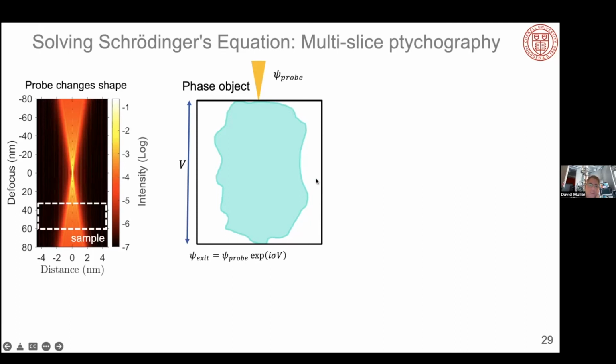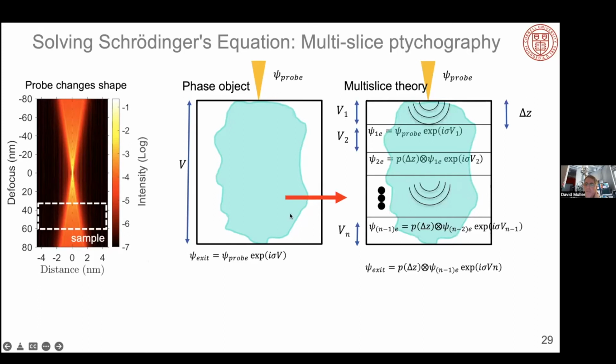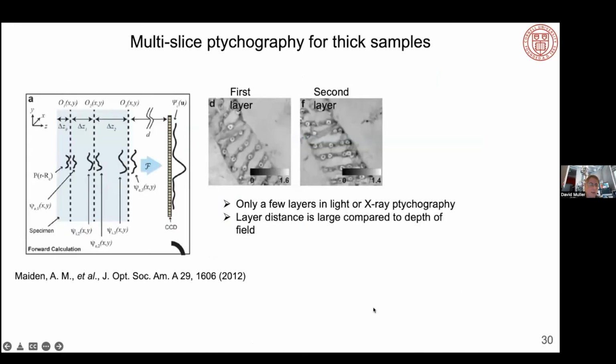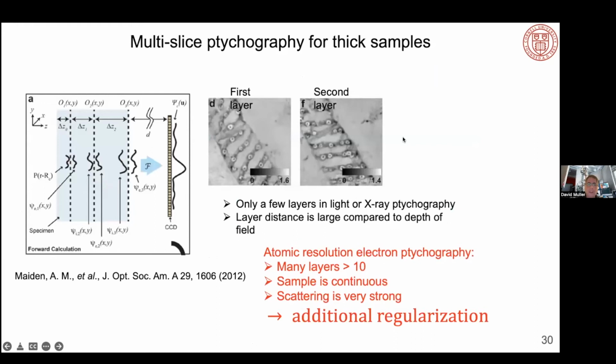And so the multi-slice algorithm is to divide the sample up into a bunch of slices of potentials, treat each slice in the strong phase approximation, propagate it, scatter. This is a very standard technique. This is Cowley and Moodie from 1957. It's been well used in the electron microscope community. The first of these algorithms proposed for multi-slice ptychography was by Andy Maiden back in 2012. And the nice thing about the algorithm is that it gives you a whole bunch of potentials in slices, so you get some 3D info, and it gives you the probe. And then this has been well used in the X-ray community, and especially by Manuel's group,